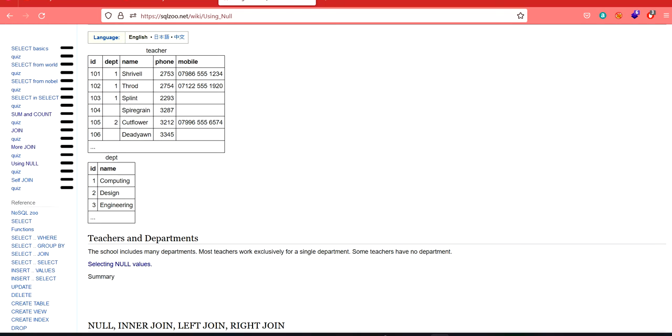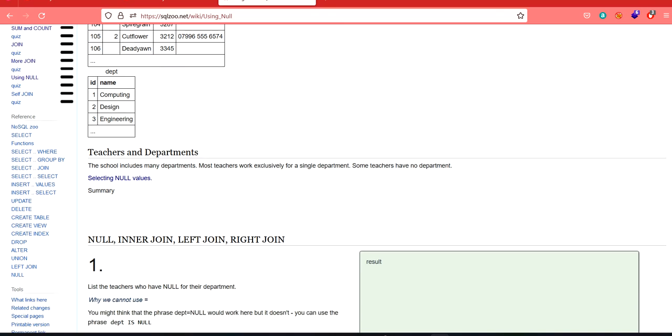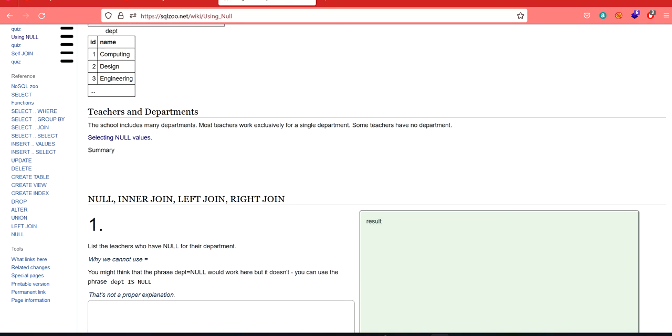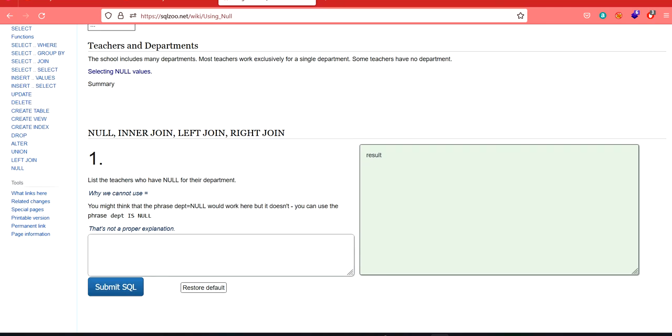So using null, here there are two tables, teachers and departments. The school includes many departments. Most teachers work exclusively for a single department. Some teachers have no department. So we have to find these things. Okay. The first one is